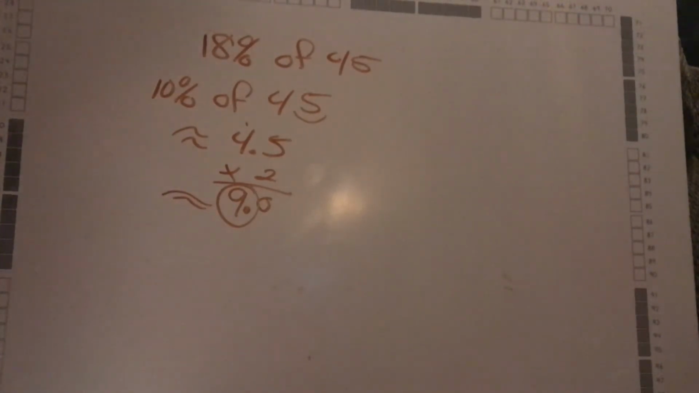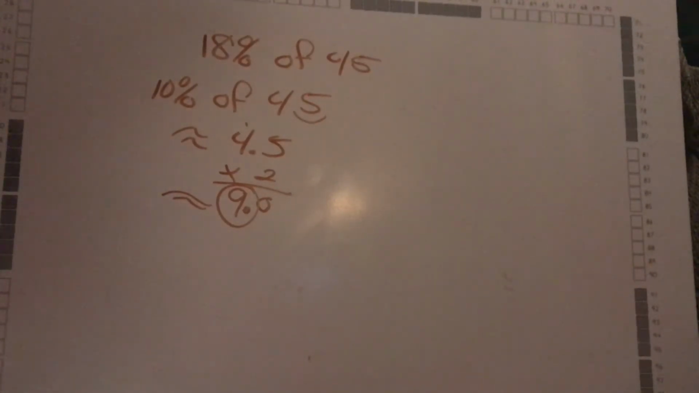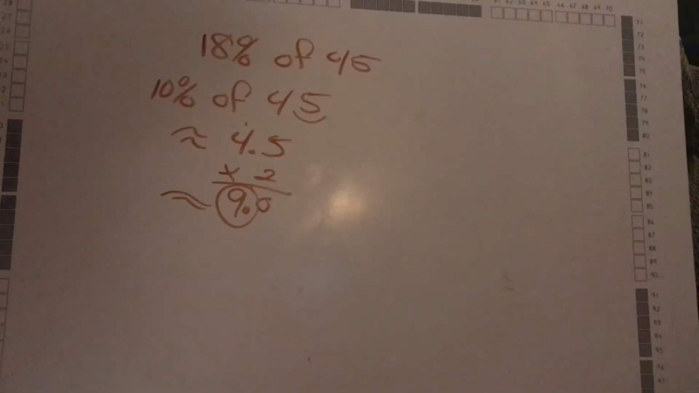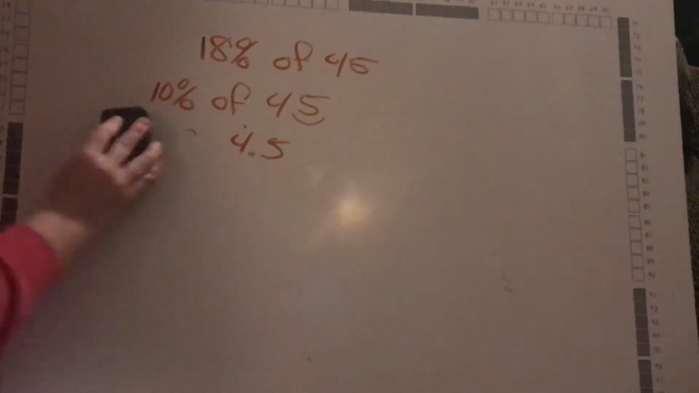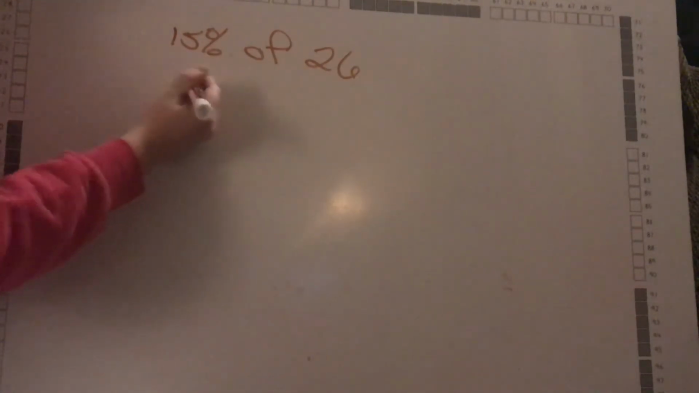Okay, and they have one more question on here. It says, Eric and Selena spent $25.85 for their meals at a restaurant. About how much would they leave for a 15% tip? So what they want you to do is to round 25.85 to 26. So they want 15% of 26. So first you're going to find the 10%. So 10% of 26